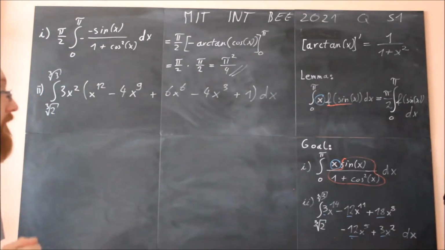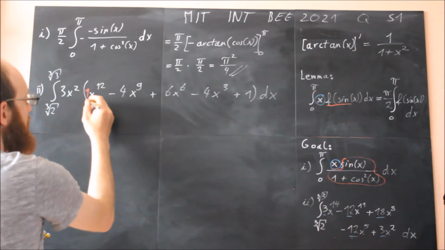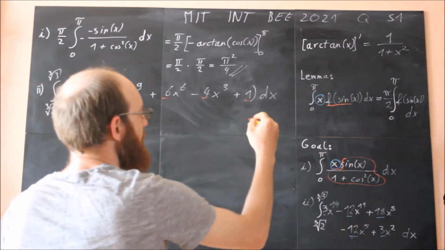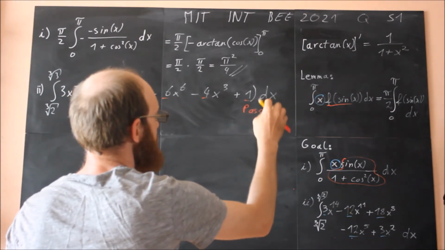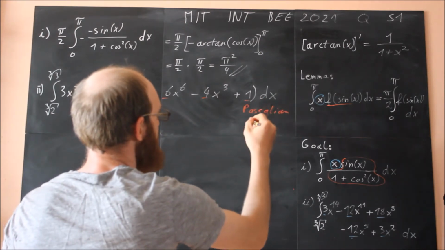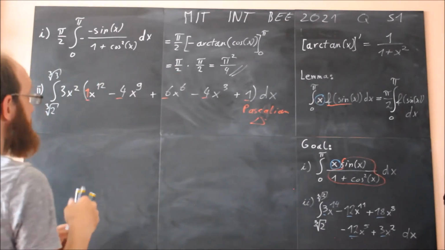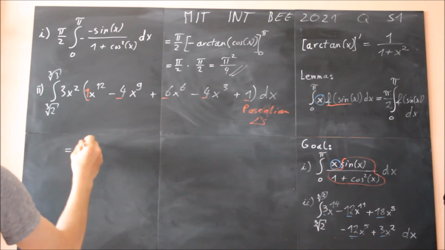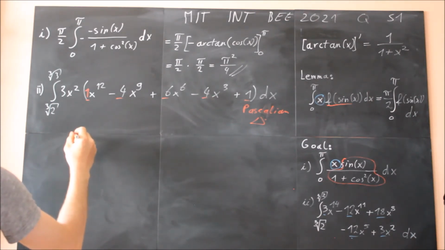And now, if you open your eyes, these coefficients 1, 4, 6, 4, 1, this reminds of the Pascal triangle, yeah, with alternating signs, and so we get integral from cube root 2 up to cube root 3,